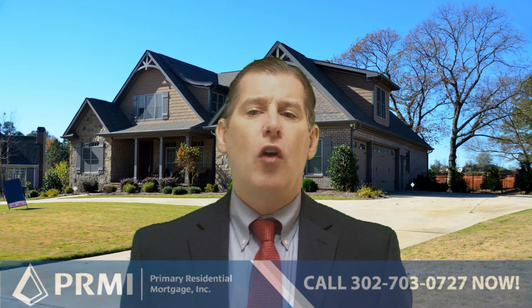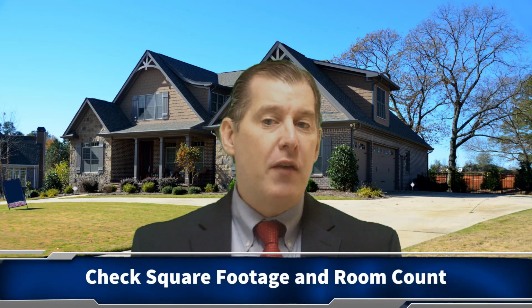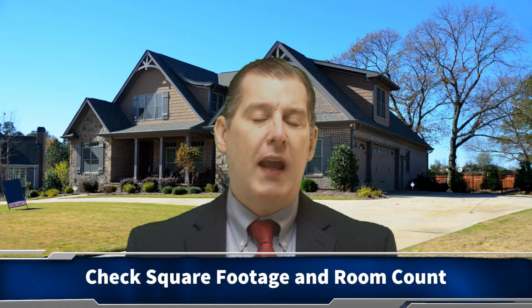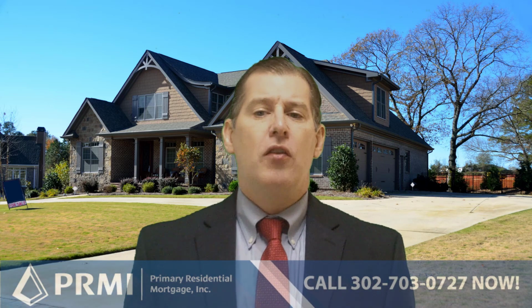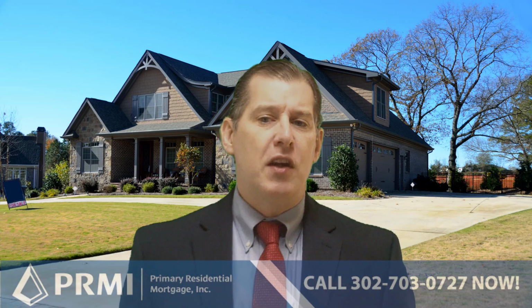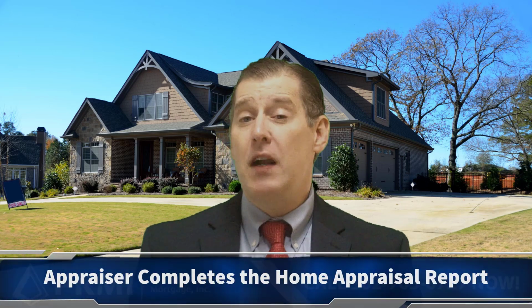Number 4, he'll make sure all the plumbing is working correctly, such as toilets, faucets, showers, and tubs. Number 5, he'll check the square footage, number of bedrooms, bathrooms, and room count to make sure it matches the county records to ensure accuracy. The home appraiser will use all this information and complete a home appraisal report and assign a fair market value